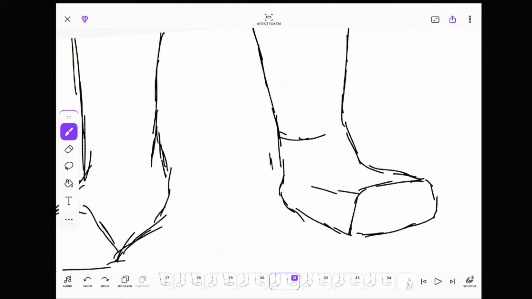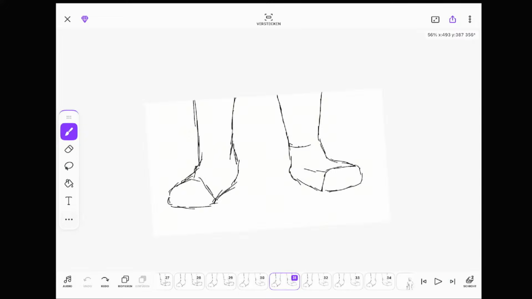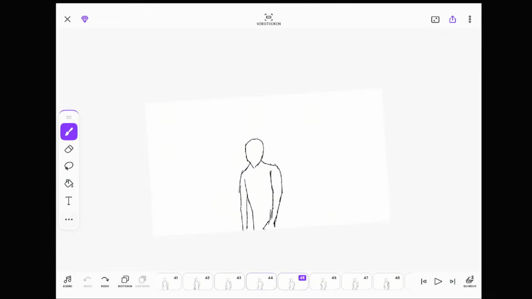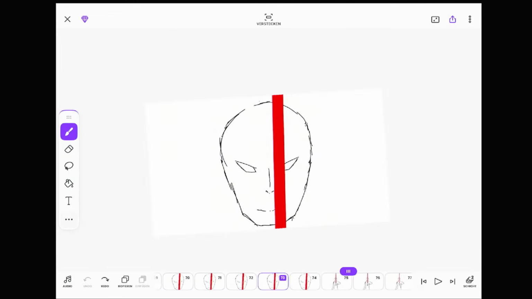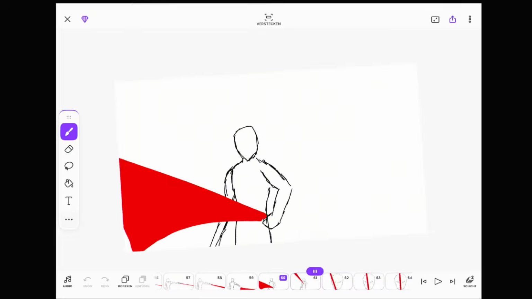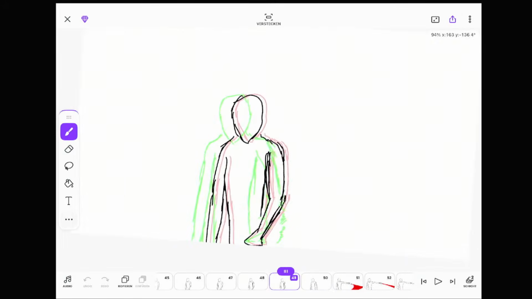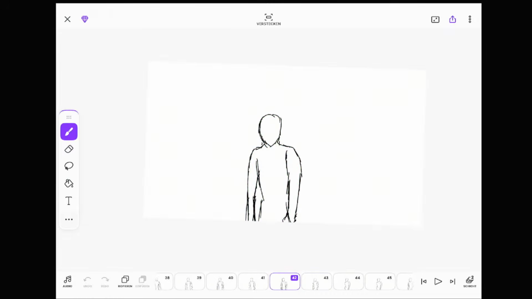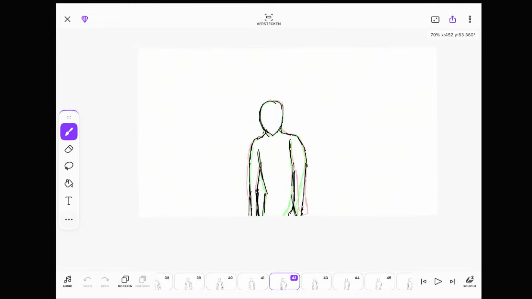Actually, they're very rough drawings because I'm more focusing on the animation and the movement right now. But when I look at the animation, even without all the details, I see that it works. I see that it can look good. And I can add all the details later.